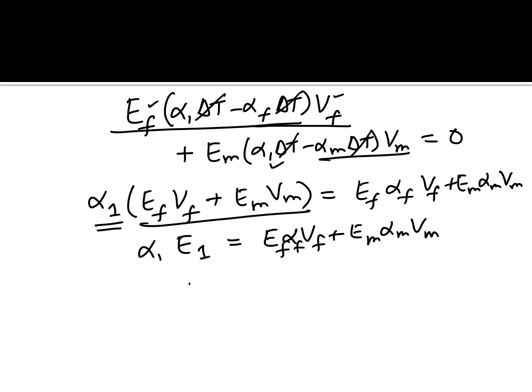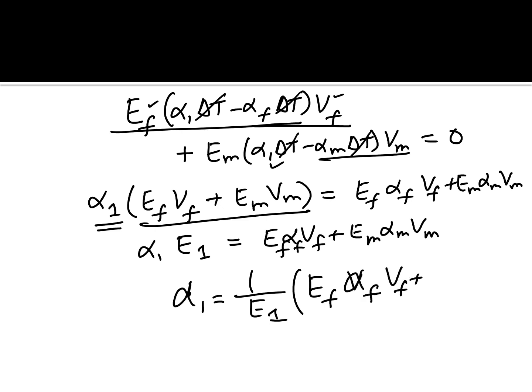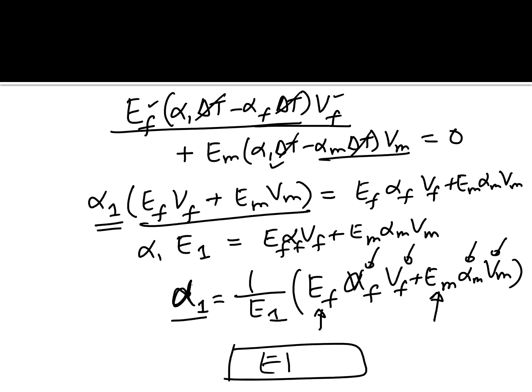Once I have that, I can now write down the expression for alpha 1, which I had on the second slide. So we have basically derived the expression for the thermal expansion coefficient in direction 1. Keep in mind that the thermal expansion coefficient in direction 1 is not a simple rule of mixtures dependent only on the thermal expansion coefficients of the fiber and the matrix and their volume fractions, but also on the Young's modulus of the fiber and the matrix. And that is the end of this segment.